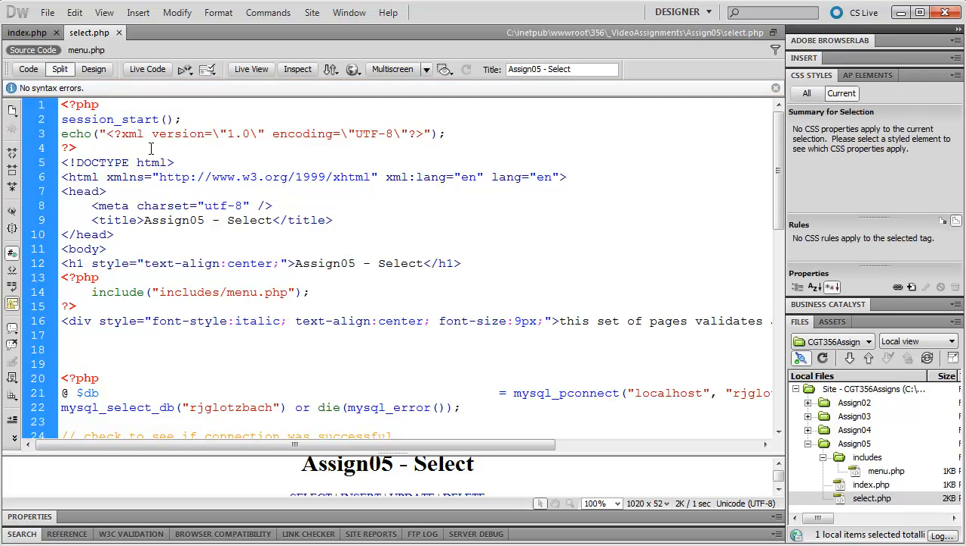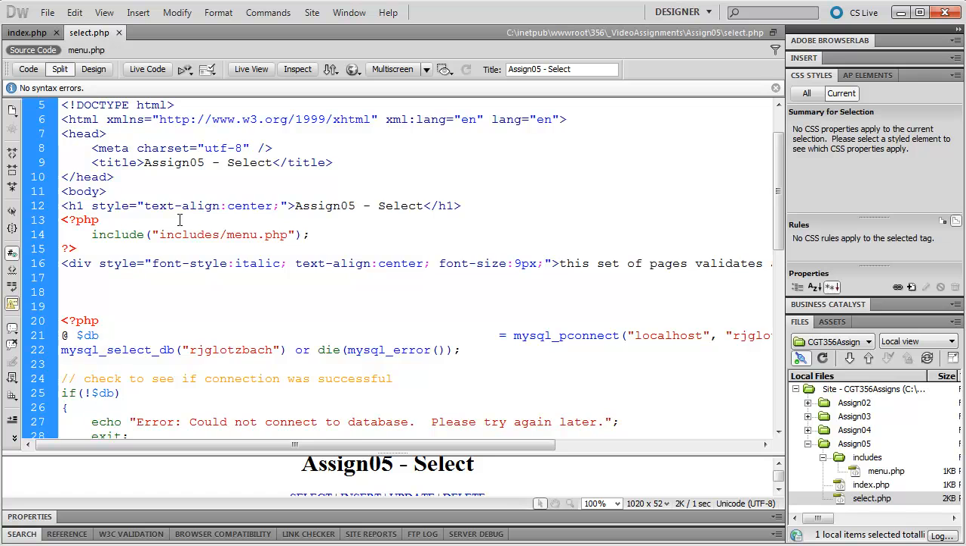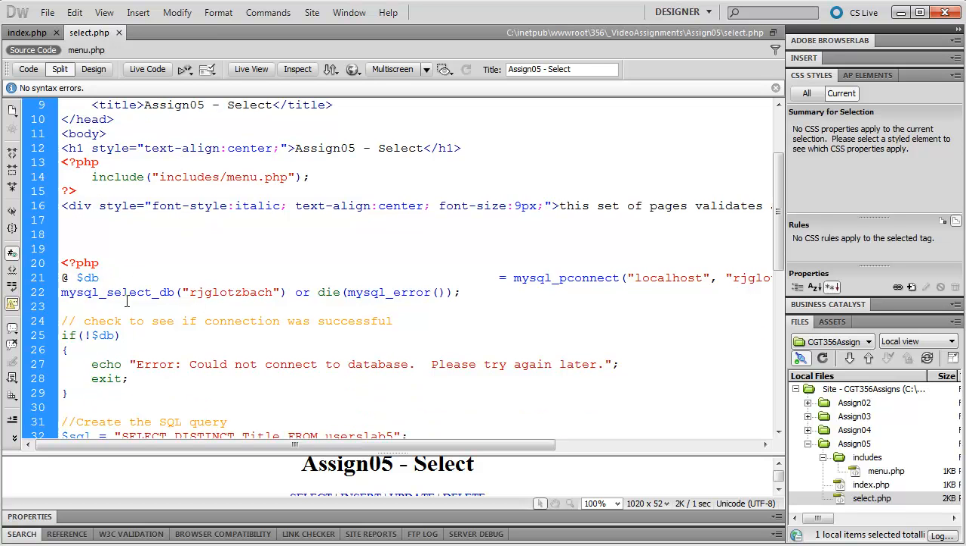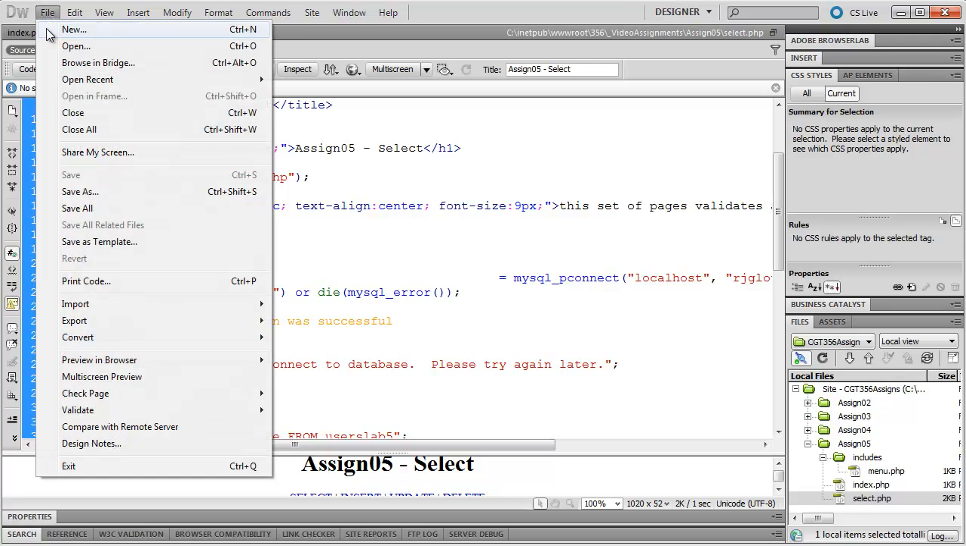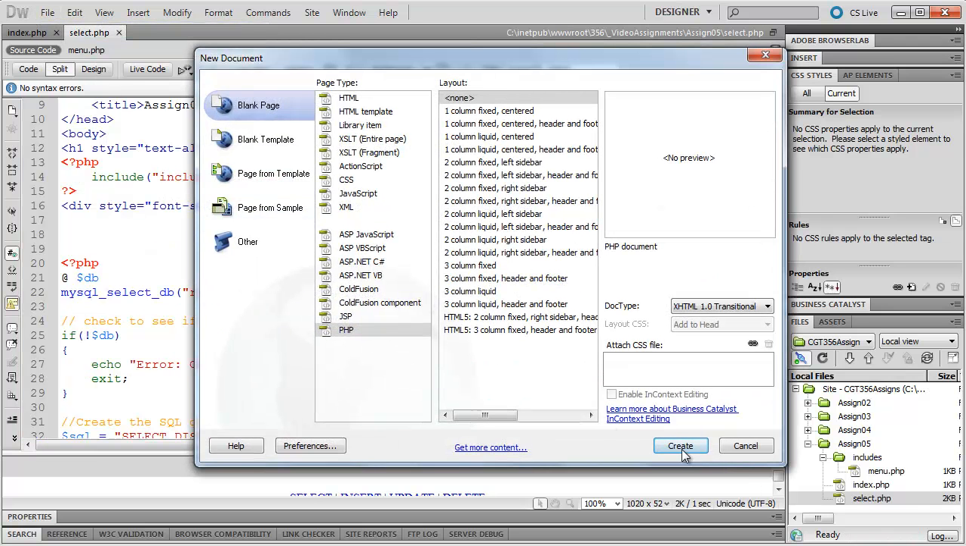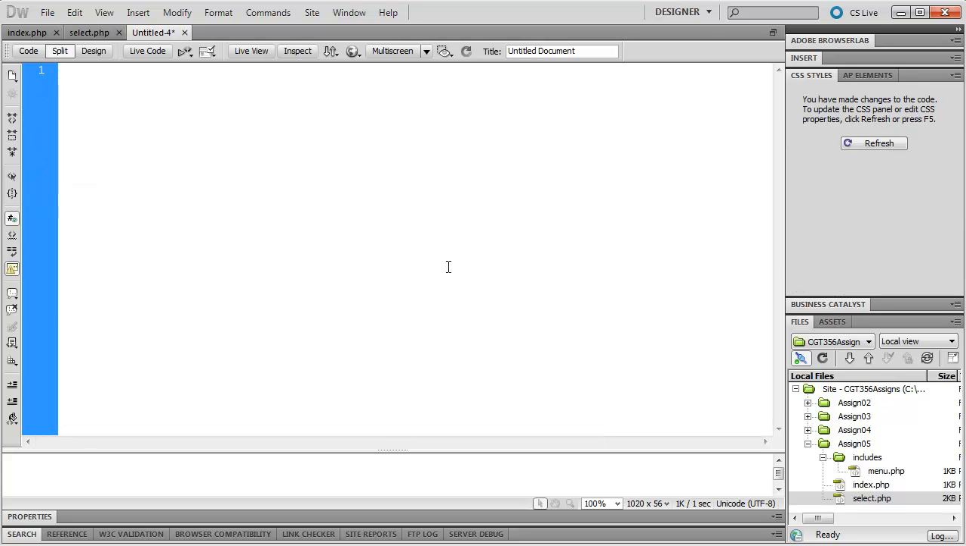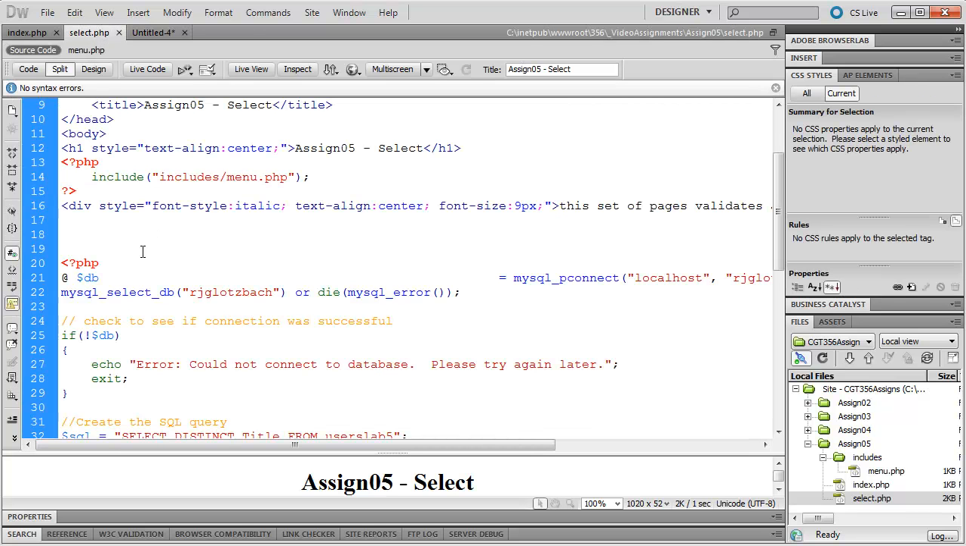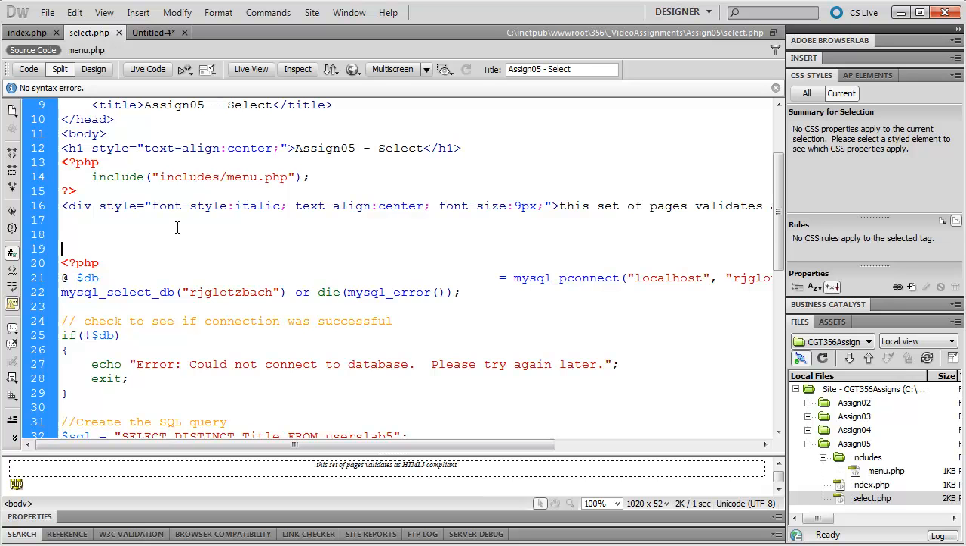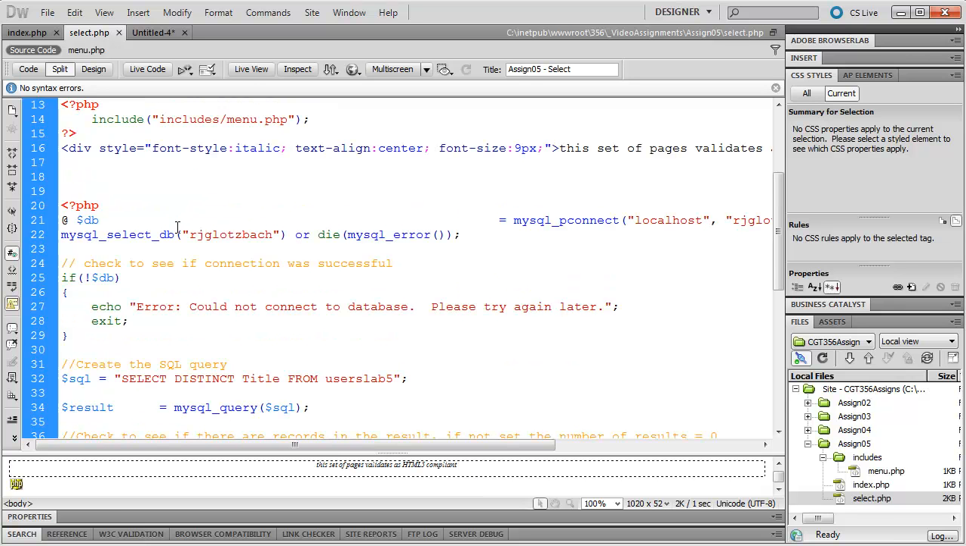Next, what I want to do is change this so that we are using two more include files. So I'm going to do a file new. Doesn't matter really what you choose. Control A, delete everything that's in there. Come back to the select page, and what we want to do is put the opening piece into